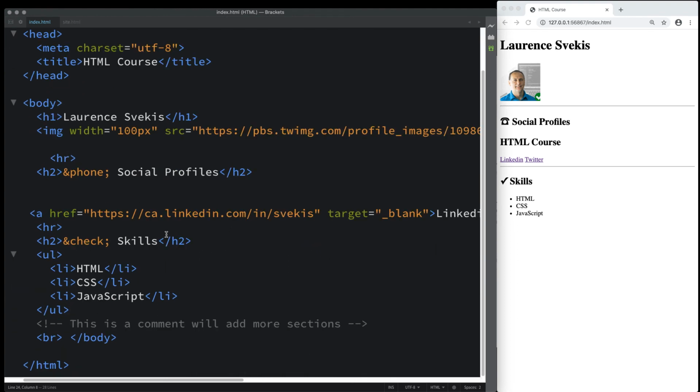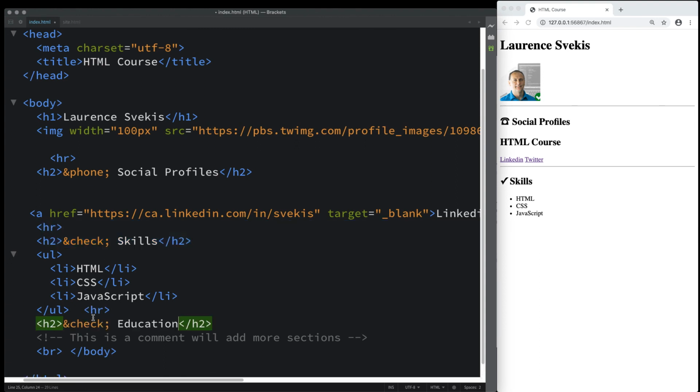And then we'll do one more within the same type of structure where I'm going to add in education and update this to be a star. Refresh,